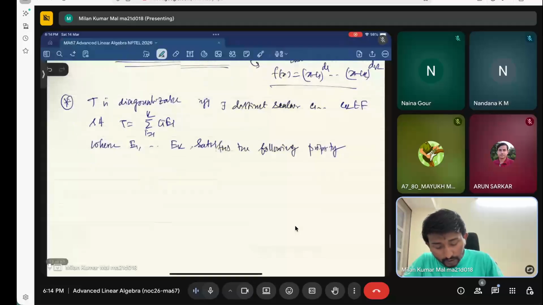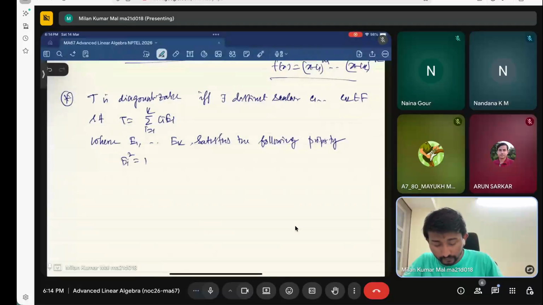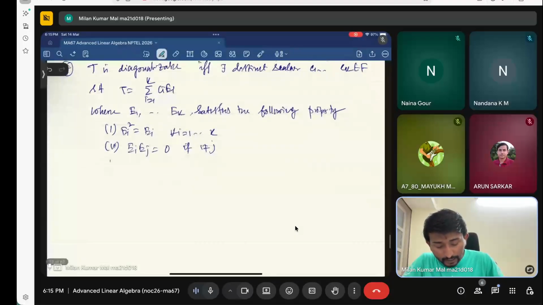First of all, the Ei's are projections for all i equals 1 to k. Second, they are orthogonal, basically: Ei Ej is equal to 0 if i is not equal to j, and their ranges will form